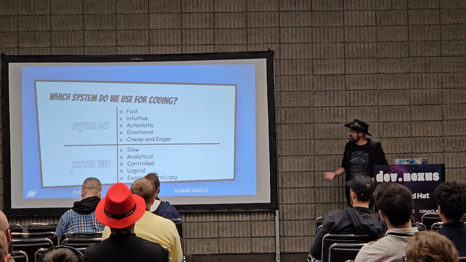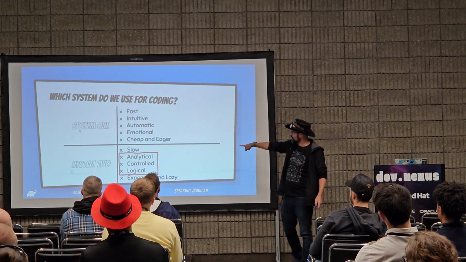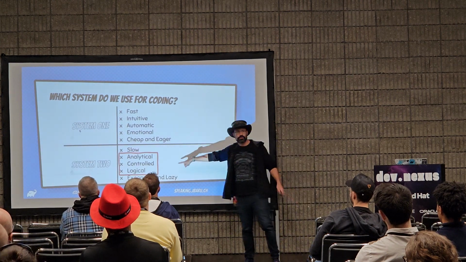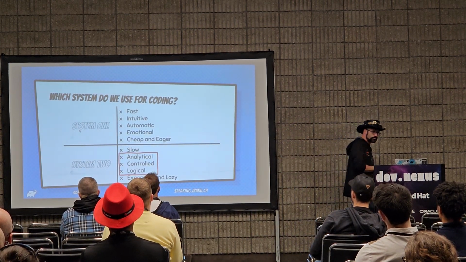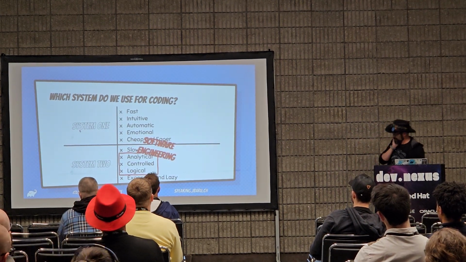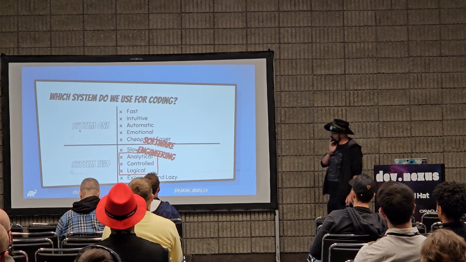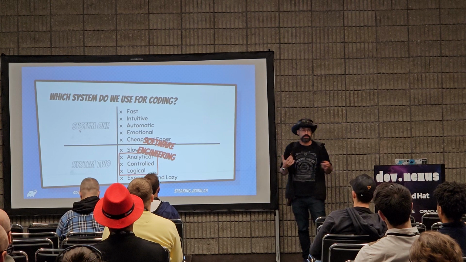This is very, very exciting. Getting back to that, which system do we use for coding? We already answered that. That would be your System 2. Analytical, controlled, logical. This is what we need to write code. And this is pretty awesome, right? This is software engineering. Now, another concept that is very familiar to you, and it's also explained by scientists, is